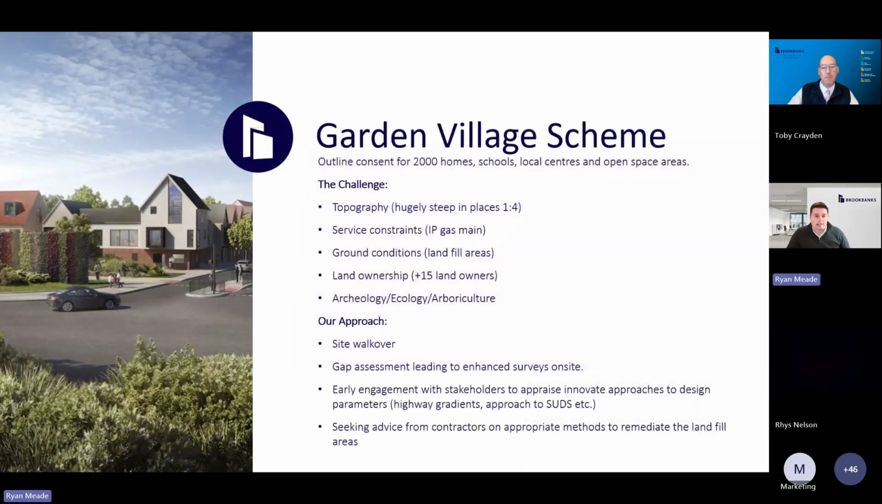So the scheme has outline consent for 2,000 homes. It includes multiple schools, 2 local centres and open space areas. Brookbanks were approached to be part of a team instructed to refine and develop the overall strategy and consent for the scheme, to align it with the master developer approach and overcoming some of the site constraints which hadn't been fully investigated at the